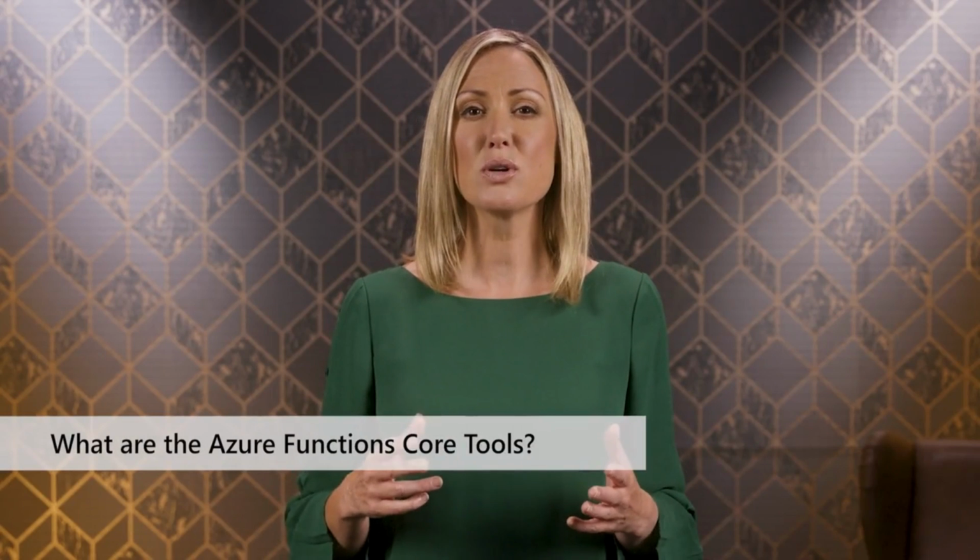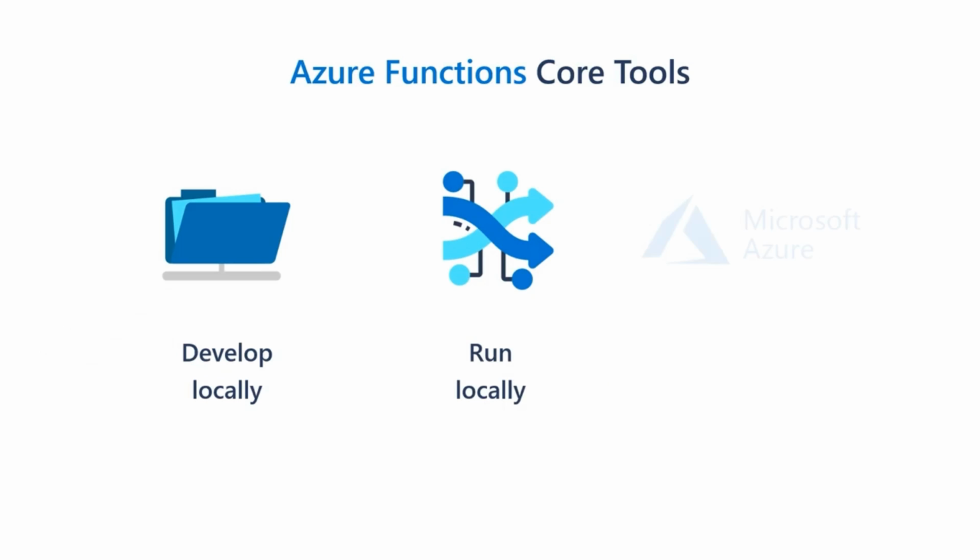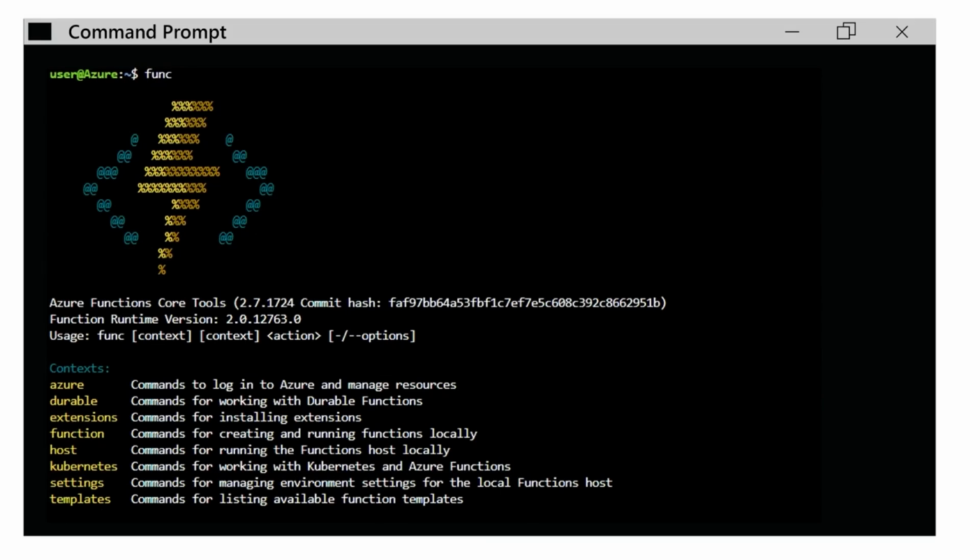The Azure Functions core tools are a set of command line tools that you can use to develop and test Azure Functions on your local computer. The core tools feature a variety of functions-related capabilities. Their primary purpose is to generate the files and folders you need to develop functions on your local computer, run your functions locally so you can test and debug them, and publish your functions to Azure. The core tools are packaged as a single command line utility. If you run the command func from the command line without any additional commands, it will display the version information